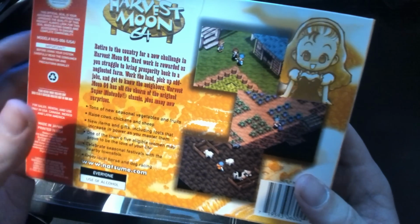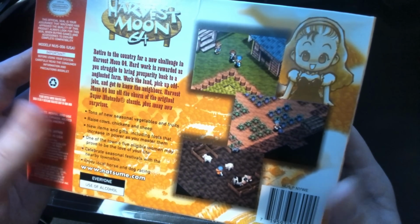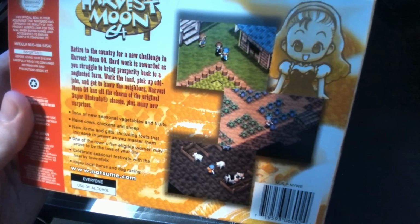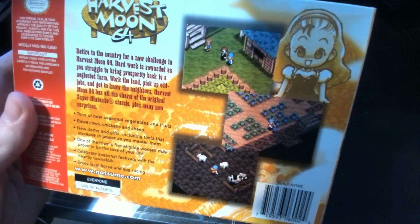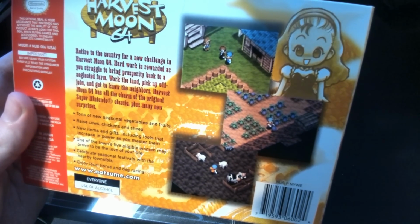I also find this one to be a bit more simplistic. I enjoy the music. I know they're very similar to one another, and most people do prefer Back to Nature, but this game always meant a lot to me. I just have a lot of memories playing this on my old CRT. The music was just stuck in my mind, and I remember laying in my bed on a lazy weekend after school, just chilling, milking my cows and farming the plants,